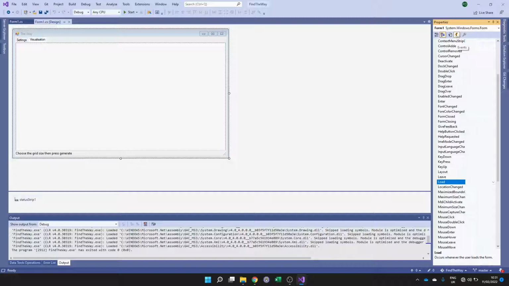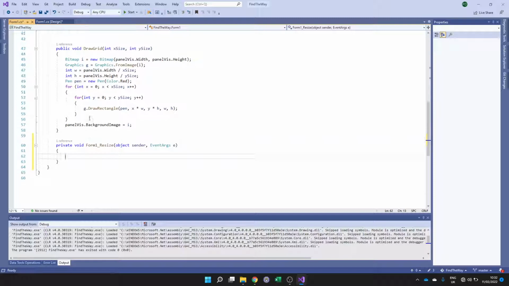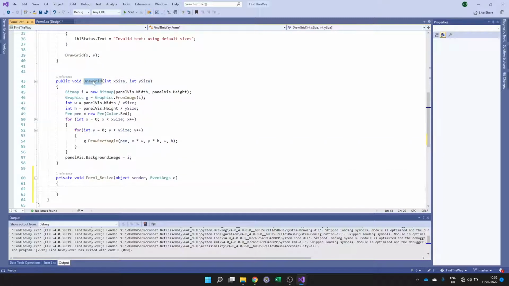So think of like a lightning strike as an event that you'd probably want to run away from. We can define behavior to all of these events too, like resize. Is it form resize, form closing, or is it just resize? There we go. If I double click in here, it will add an event handler. So we can say what happens. Well, what do I want to happen? All I want to do is just call this method that we defined last lesson, draw a grid based on